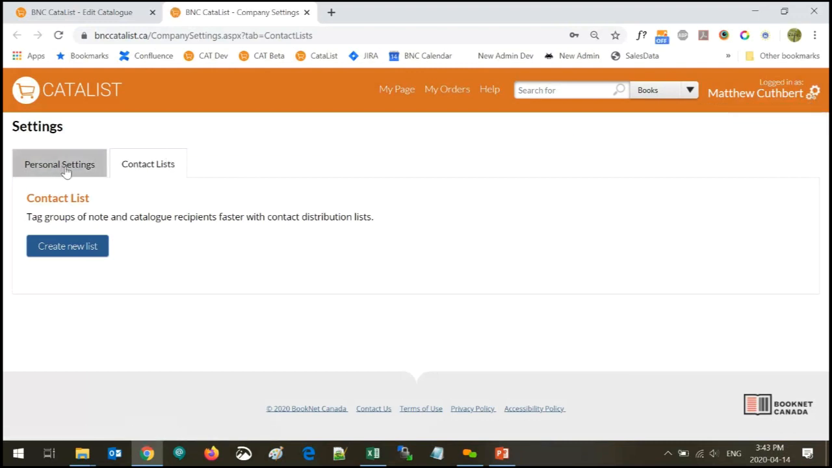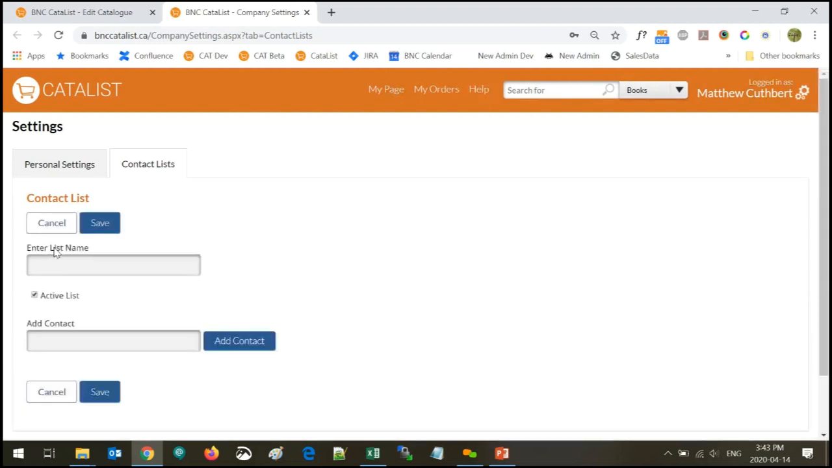You have your personal settings where you can manage your signups for mailing lists and all of that stuff. You can set your password, reset your password if you need to do that. But contact list gives you the ability to add some contacts and also to create groups of contacts. So I'm going to create a new list. And in this one, I'm just going to add one user. I want to